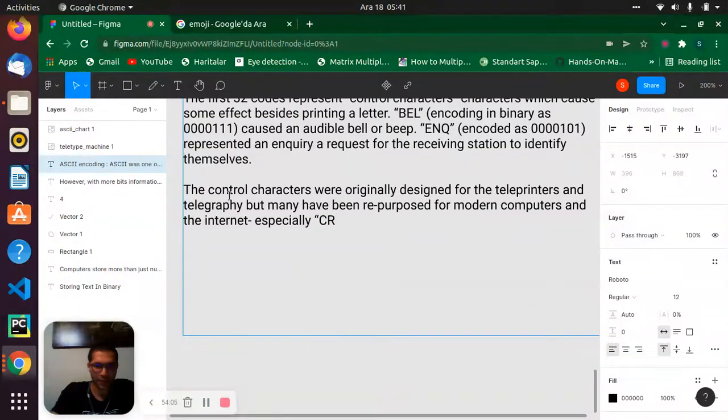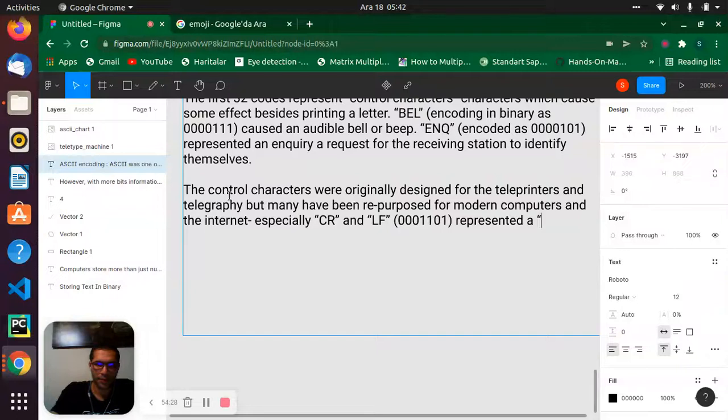Let's say this one and this one. This is the important point. This represents a carriage return.